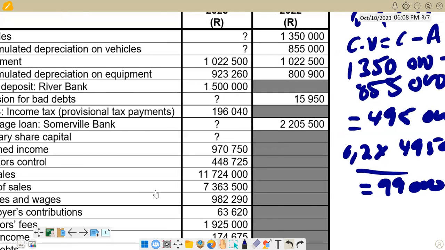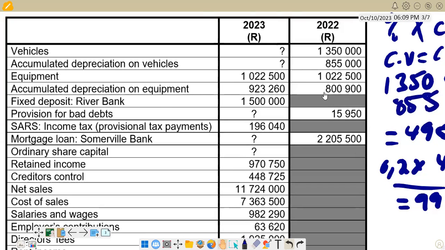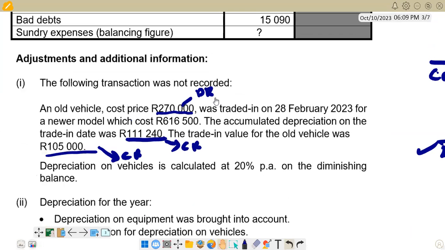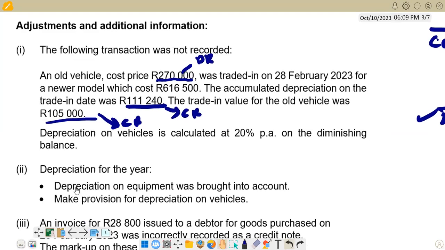If you look at equipment, we are given the equipment costs at the beginning and at the end, and also we are given accumulated depreciation on equipment at the beginning and at the end. And then we want to see what they are saying about the calculation of that depreciation on equipment. We come here on 2. They are saying depreciation on equipment was brought into account. We are not told. The question is silent in terms of equipment that was disposed or that was